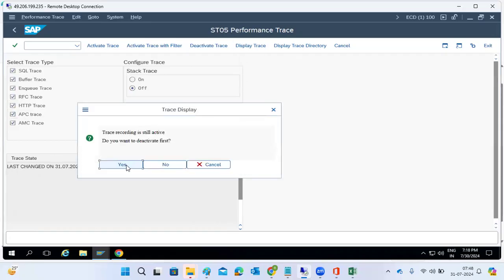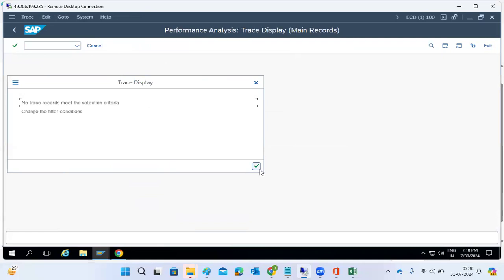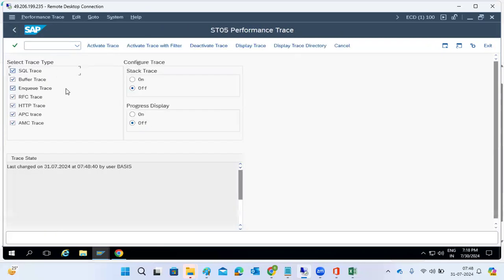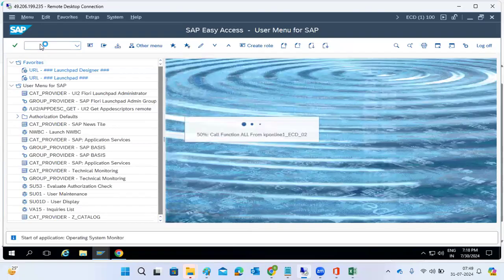You can display the trace here and see what's happening in the system. So ST01 and ST05 are traces here. We need to check whether the traces are activated or not. We need to check these buttons here, right? ST01, ST05. Then ST06 is for the